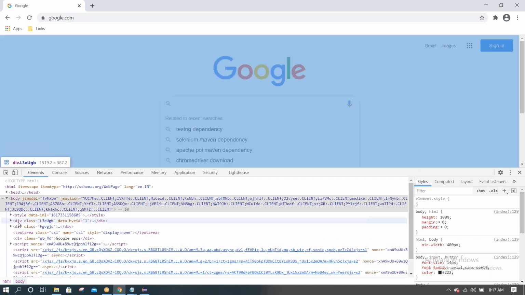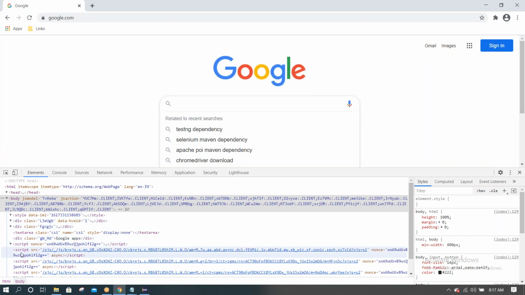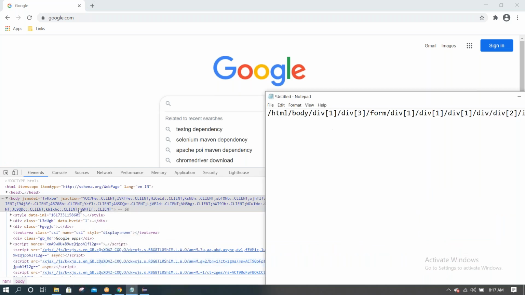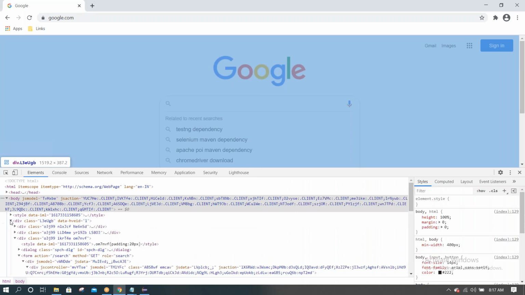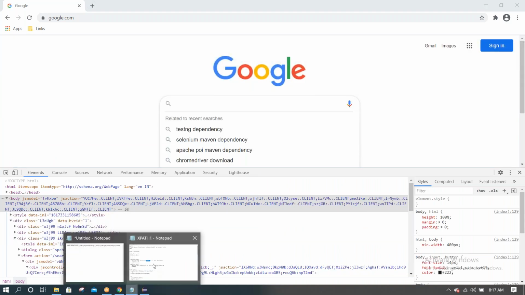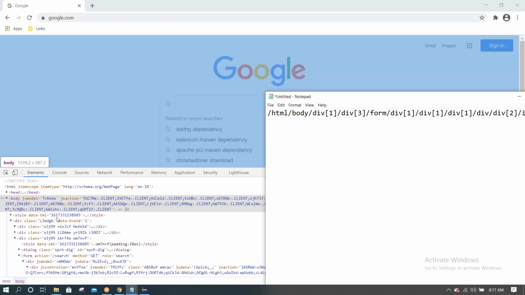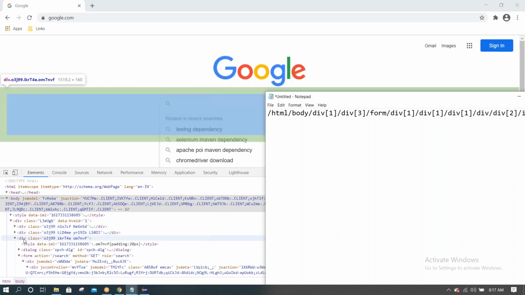There are divs 1, 2, 3, right? So from the body tag, div[1] is this, and from that, div[3]: 1, 2, 3, this one.